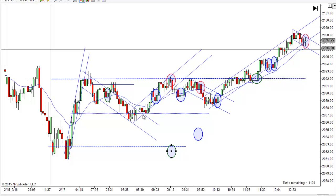So there's several different reasons to like that. Then I just moved my stop from above this bar down to above this bar right here, and it bounces, it goes up, and it looked like it was going to reverse. I actually recorded this trade. It's posted on the website. For those of you that are members, you can watch it. And I discussed why I took it,